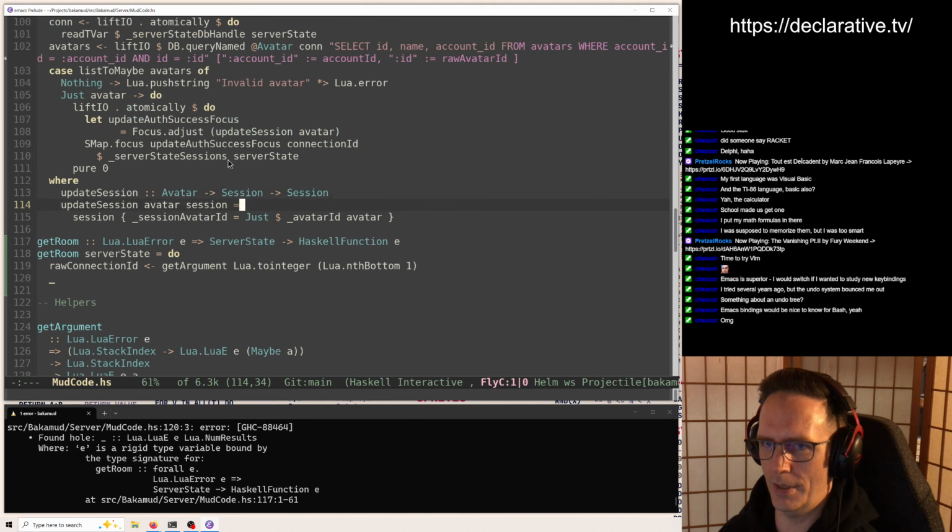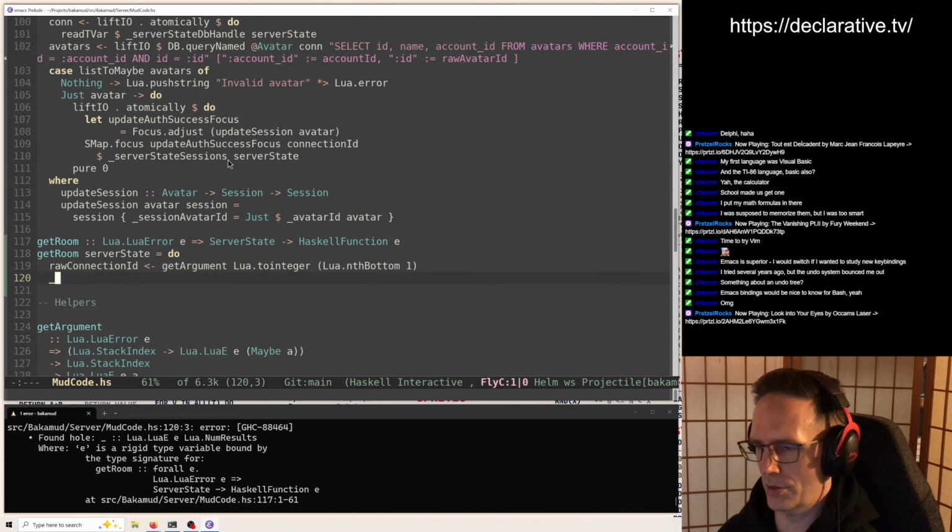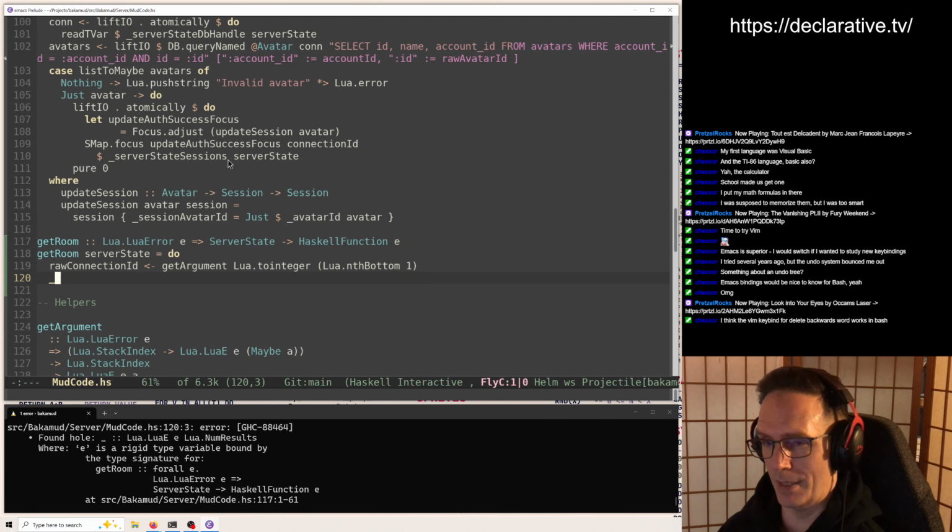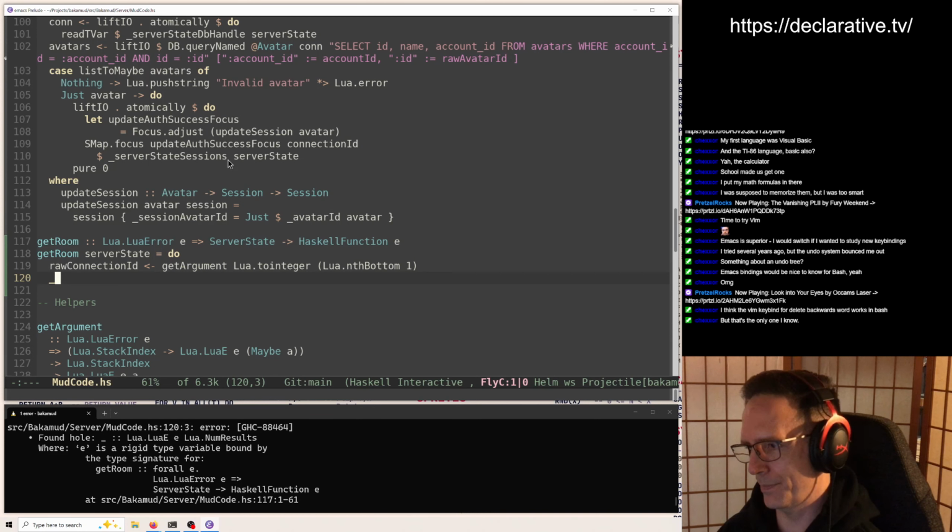So yeah, connection ID, and then what else is it going to need? This is going to need to look up the avatar in the session to find out the avatar, and then it's going to have to do some other stuff we haven't implemented yet, like putting avatars on the actual map and looking up where that avatar is in the map so that we can return the room, but we're going to have to get to that.